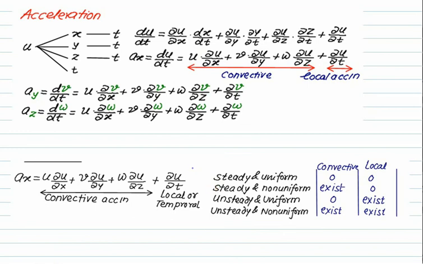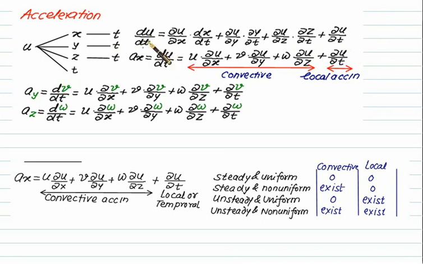Sometimes they will ask you to calculate the acceleration of a fluid element. So here u is a function of x, y, z, t, that is the space coordinates as well as the time. So this time we have a generalized expression of u with respect to space and time. The total derivative of u with respect to time can be obtained by the chain rule, that is del u by del x multiplied by del x by del t, plus del u by del y multiplied by del y by del t, and using this term we can complete this equation, and the last term is del u by del t.